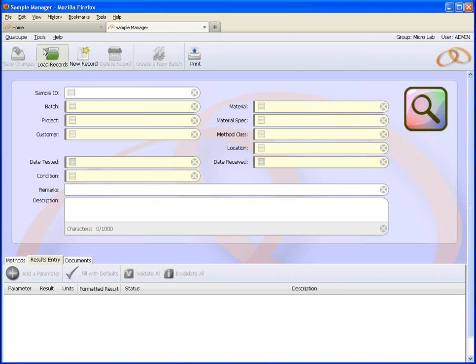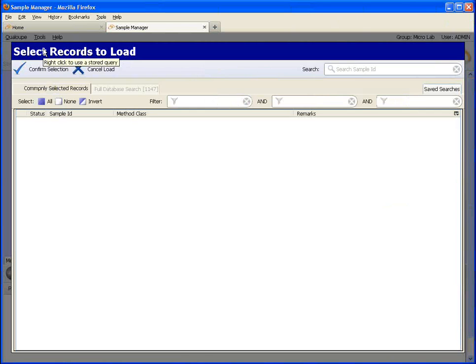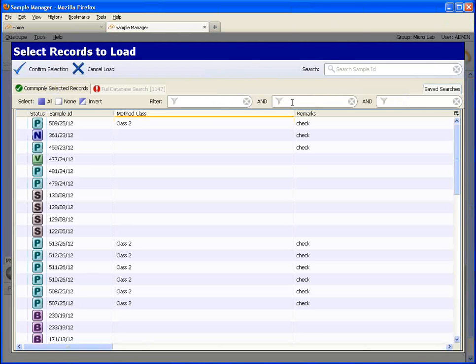Okay, so I'll go back into load records. That's what I was missing. For some reason I'd lost my little filters across here. I think it's because I've been doing multiple searches and closing it and opening it. So if I wanted to filter to only see some of the values in this column,